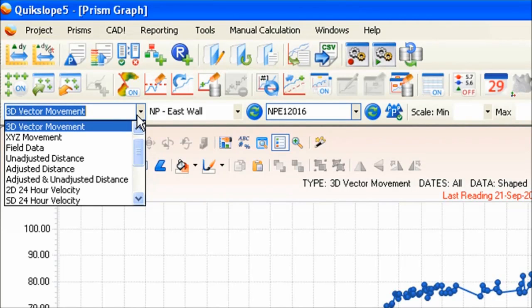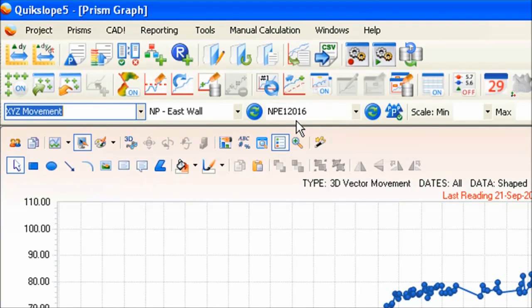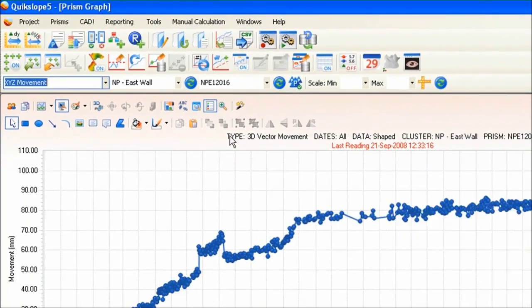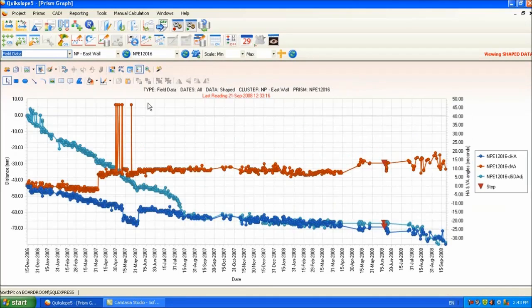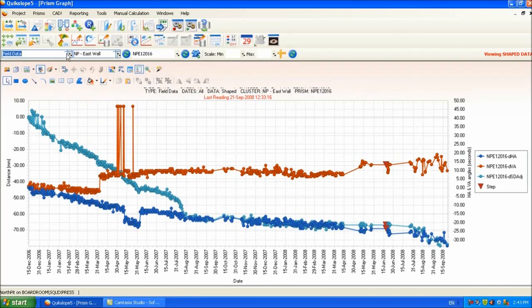The XYZ movement graph graphs the plotting of all the northern, eastings and elevation readings, as you can see here. The field data graph is all of the data straight from the instrument and includes the horizontal and vertical angle readings measured in seconds of degrees. The unadjusted distance graph